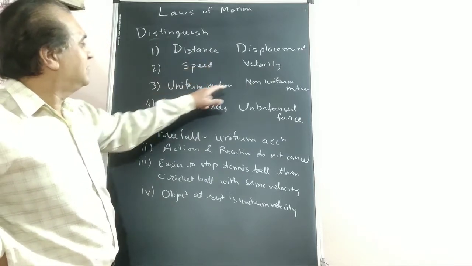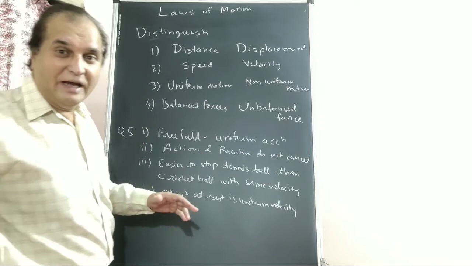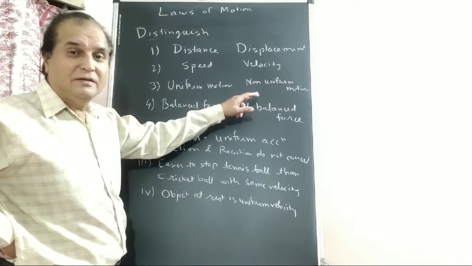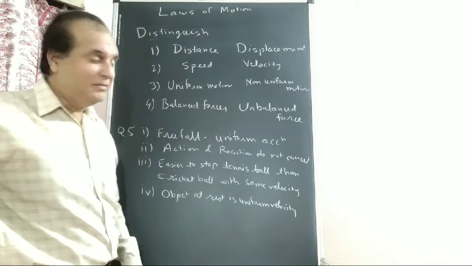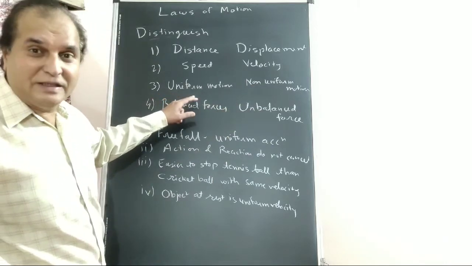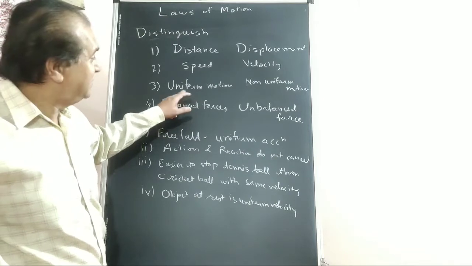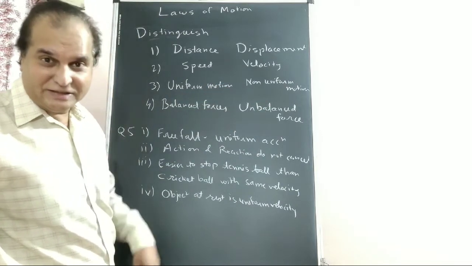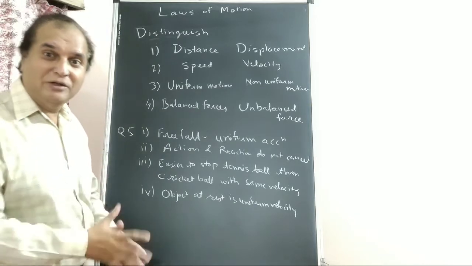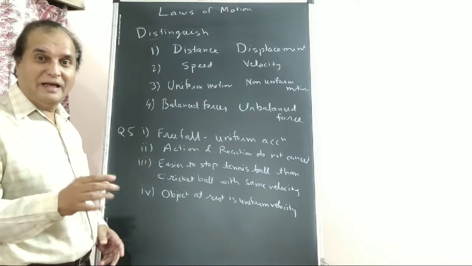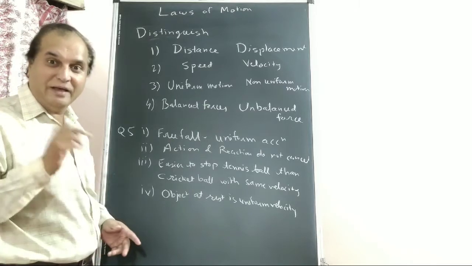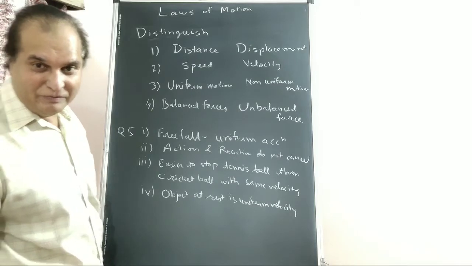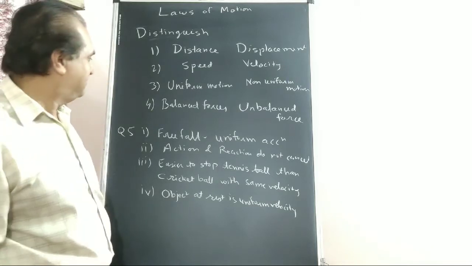Directionality. Uniform motion and non-uniform motion: in uniform motion, an object travels equal distance in equal intervals of time; in non-uniform motion, an object travels unequal distance in equal intervals of time. The graph of speed and time for uniform motion is a straight line; for non-uniform motion, the graph is not a straight line. These are distinguishing points. You have to write in your own words, not just copy the answer. You think, you write, and then the answer will be impressive. This is a new pattern.